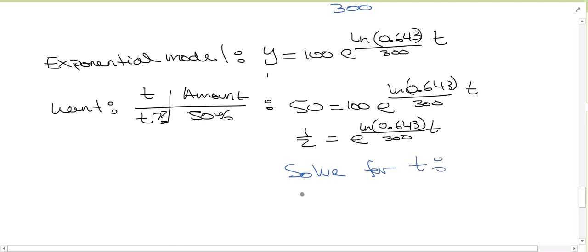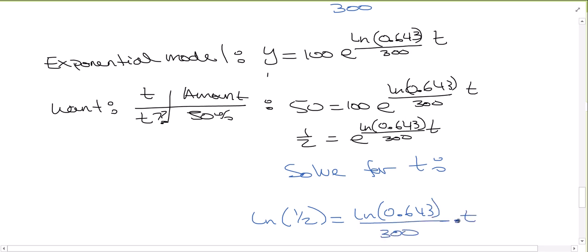And so when I do that, how do I solve for t? This is trapped in the exponent, so I need to apply natural log to both sides, or convert that exponential with the base of e to its inverse logarithm. So this is going to be the natural log of 1/2 equals the natural log of 0.643 over 300 times t. By the way, notice that this should be a negative k, and it will be, because when you think